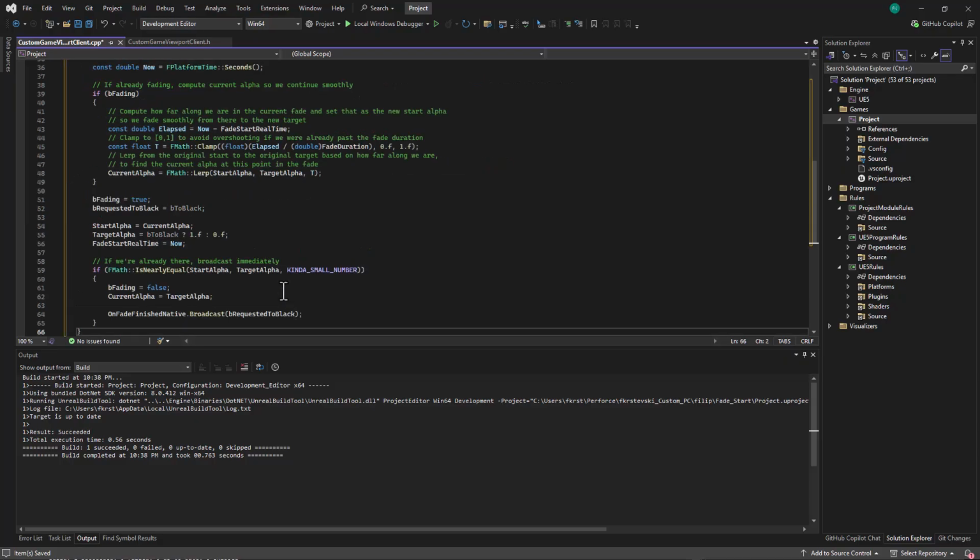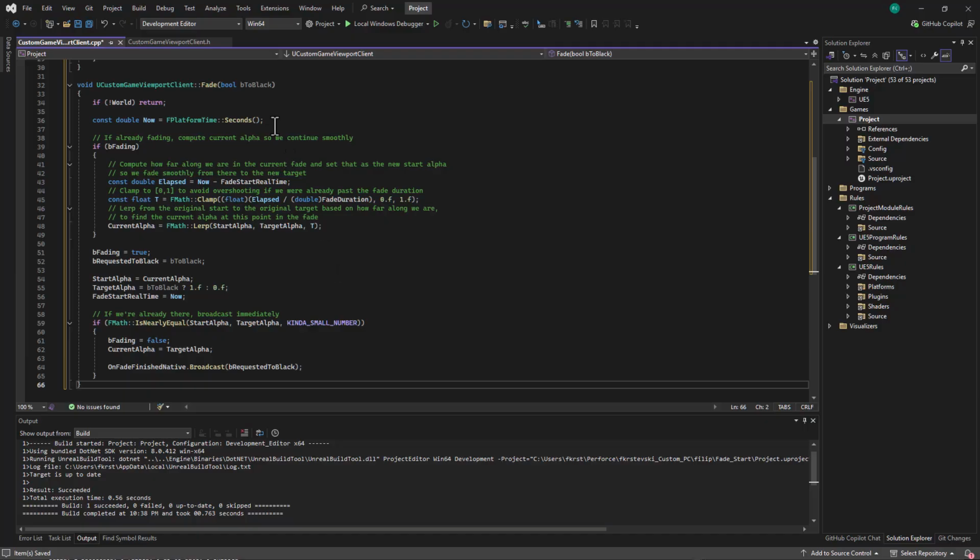Next function that we have is our fade function. So this is going to, again, take a boolean to see if we want to fade to black or not. Make sure we have the world is valid. We're going to get the current time at the moment. If we are fading,